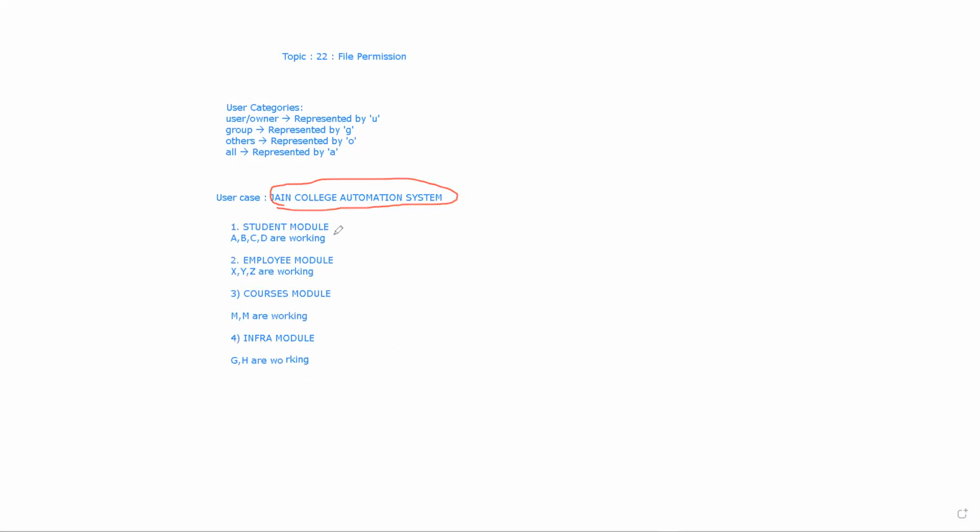In order to develop this project, we have the student module, where developers A, B, C, D are working. In the employee module, we have X, Y, Z. For the courses module, we have M and N. And we have another, the infrastructure module, where G and H are the developers working.